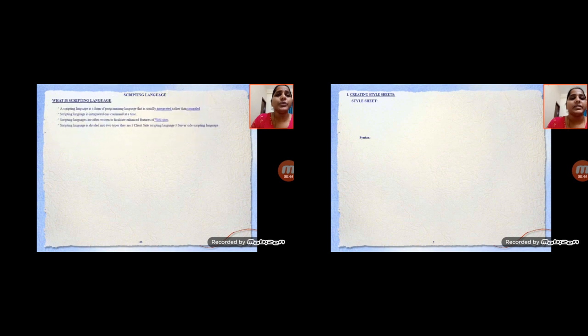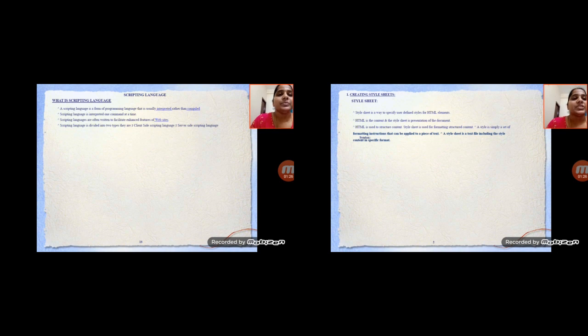What is the meaning of style sheets? A style sheet is a way to specify user-defined styles for HTML elements. HTML is the content and the style sheet is the presentation of the document. HTML is used to structure content, and a style sheet is used to format the structured content. A style sheet is simply a set of formatting instructions that can be applied to a piece of text.